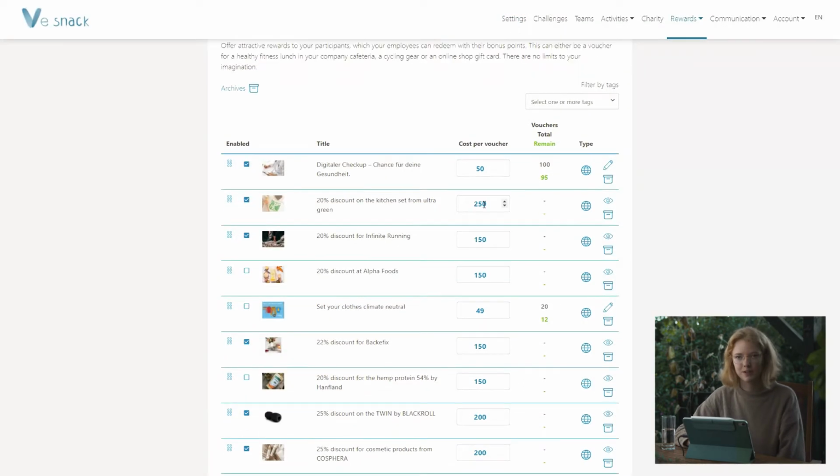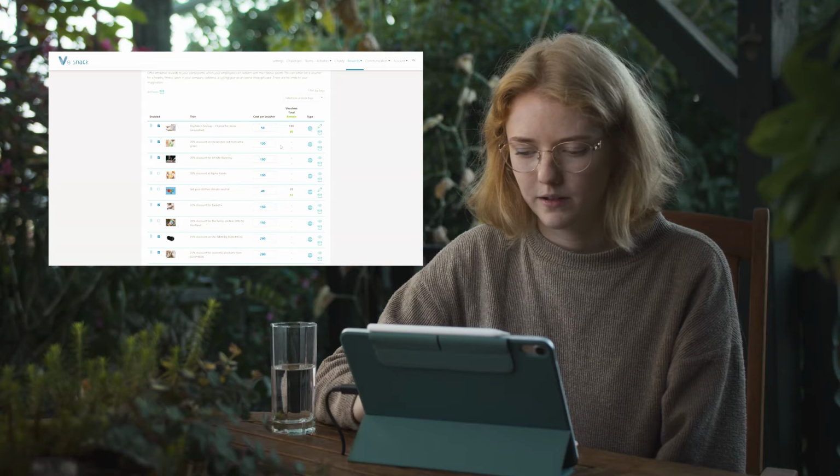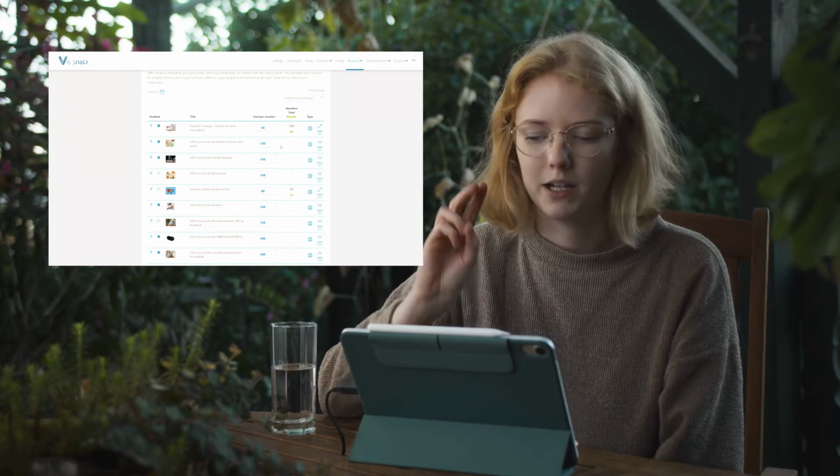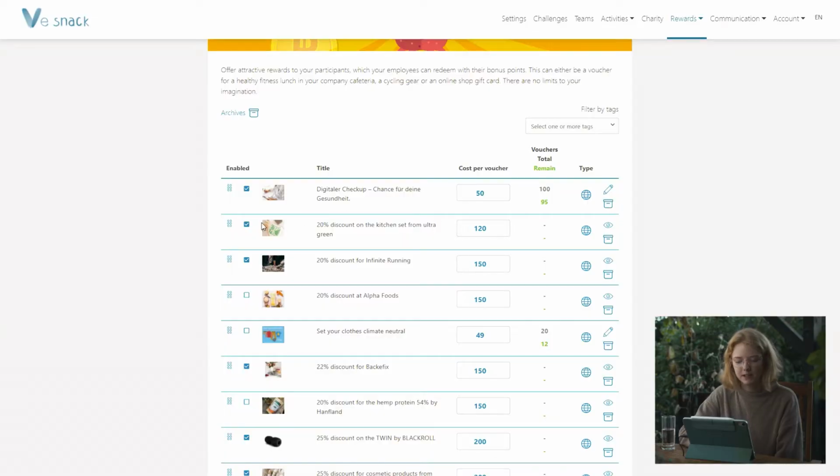In the middle, you can adjust the costs per voucher for your participant. For example, I can change the value from 250 to 120, and then the participants will only have to pay 120 points per voucher. On the left, you can enable or disable whether the voucher is going to be available